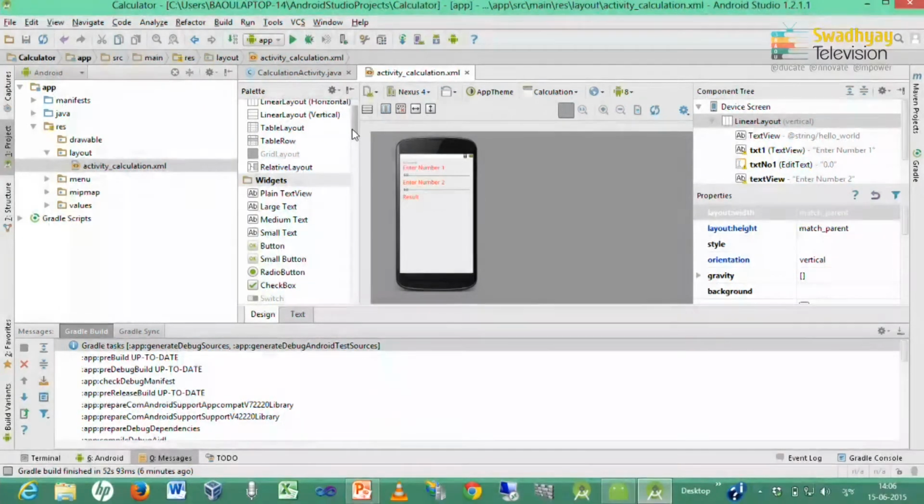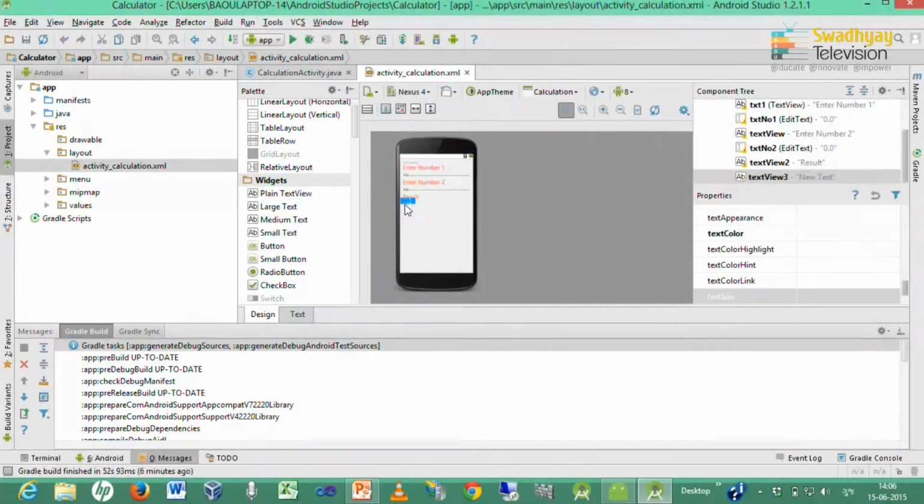Now we want to display the result. No one should be able to edit results. So for the actual result we are using a plain text view, because in a plain text view you can display text, but you cannot enter a value. So it is a read only text field.